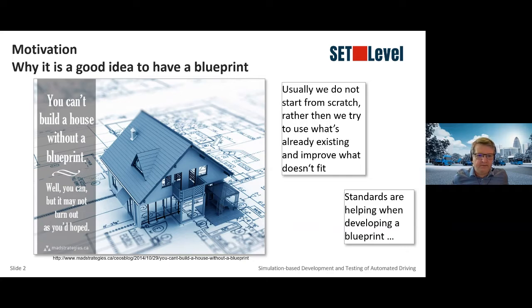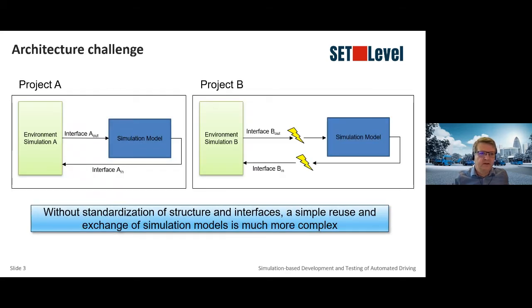And we can use the same analogy also, of course, for simulation. If you think of, you have built one simulation model here on the left side that was used in project A, and it was built for this environment simulation A. Of course, you adapted the interfaces to this project, and then you want to reuse the same simulation model in project B, but there is another environment simulation with other interfaces, and then you have a problem.